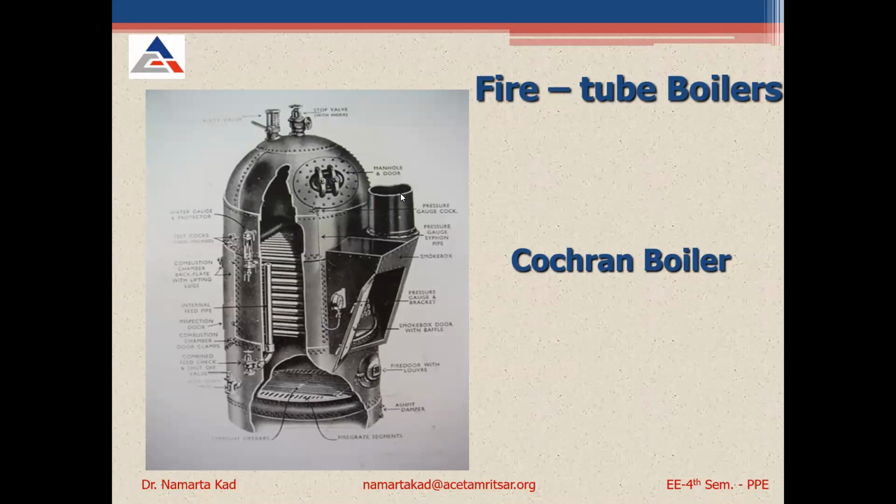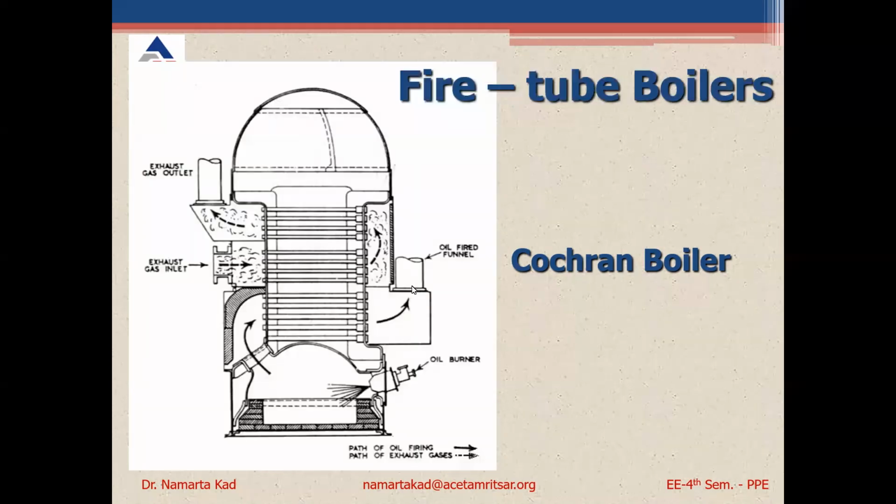Okay, so this is the chimney, here is the manhole, this is the stop valve. This is the combustion chamber, this is the grate on which the fuel is spread. Here is the fire door, and here is the ash collector through which we collect the ash. Ash means राख, the ash that is left below after burning the coal, that is the ash collector or ash pit. It is also called that. So these are the different parts and how the Cochran boiler looks practically. This is another figure for the Cochran boiler.